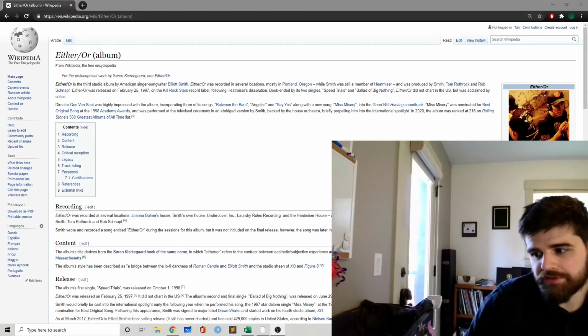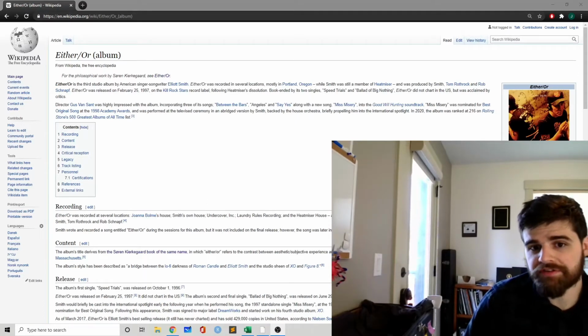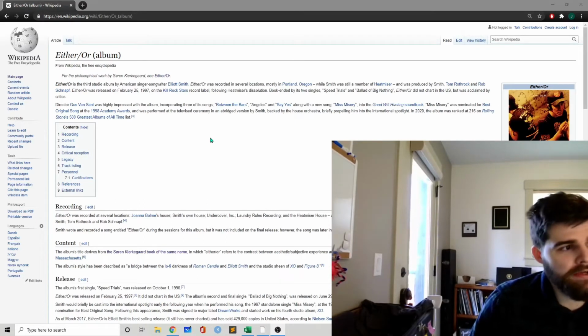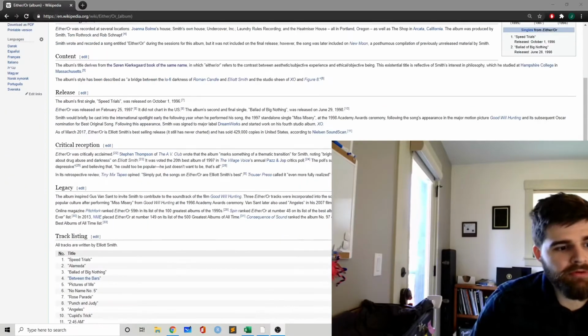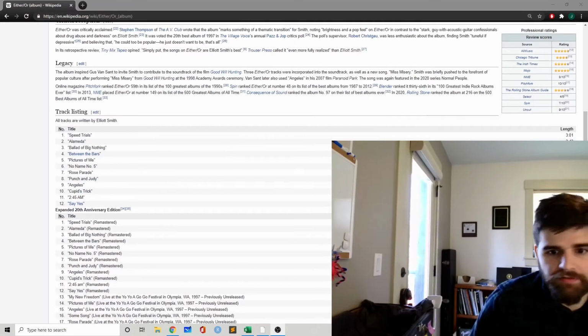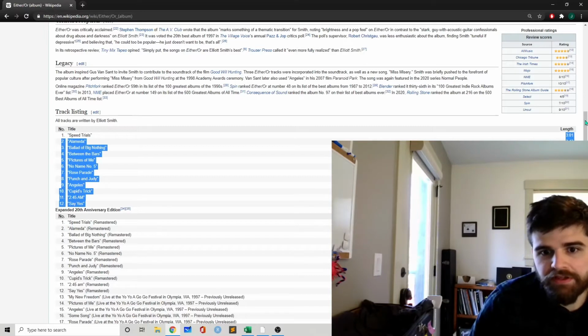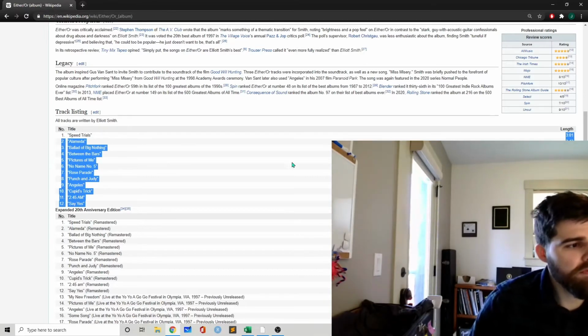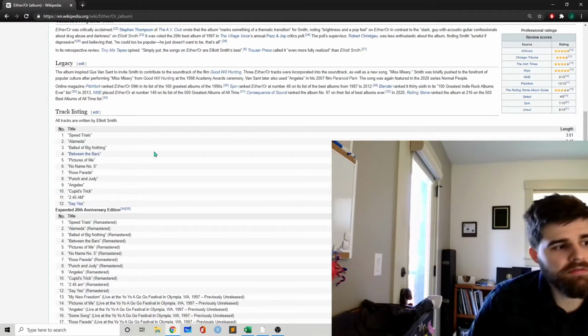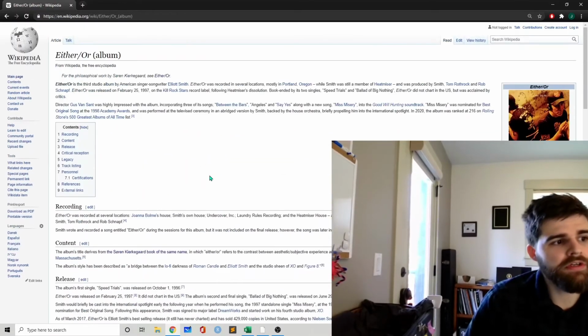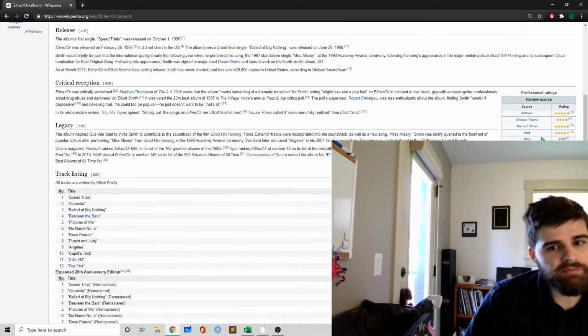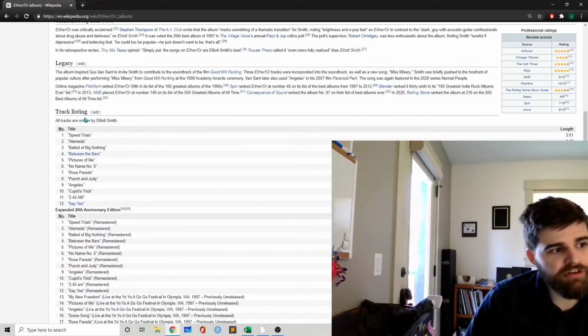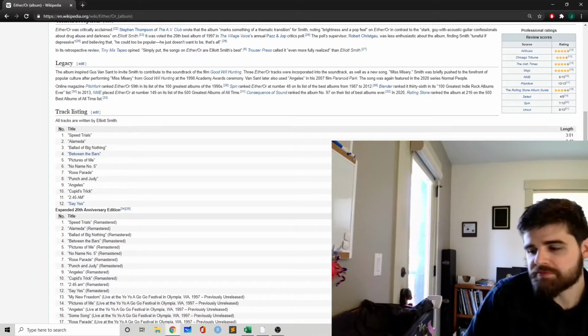So for this lab, you'll need to select an album to collect some data. I've chosen Either Or by Elliott Smith, a Portland artist. I can grab the length of each song, each track length, pretty easily from the Wikipedia article. This is a great place to look. Just go on Wikipedia, search for your album, and you'll usually find a track listing, which might be easier than